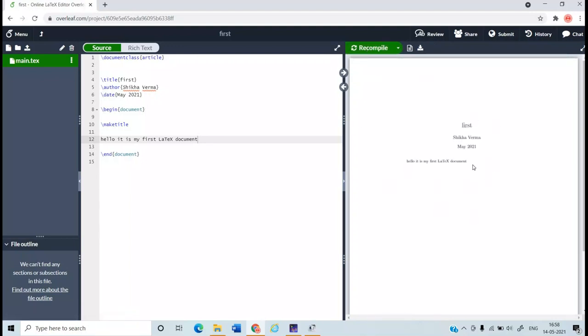It will show you the output. Like title is first, then the name of author is Shikha, then today's date, that is the present date, and here is the line that I have written within the document, that is hello, it is my first LaTeX document.